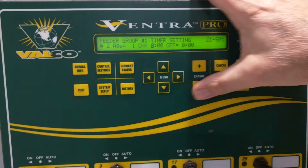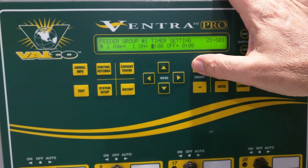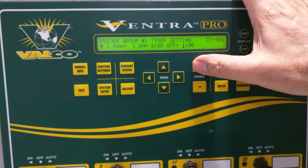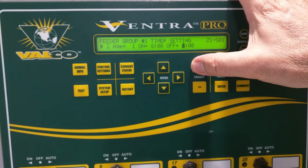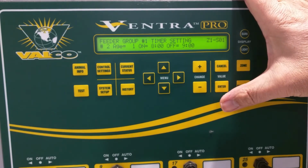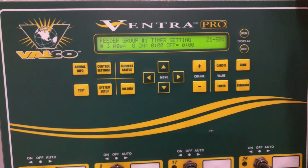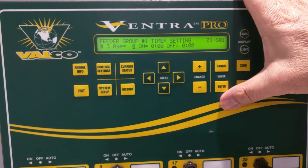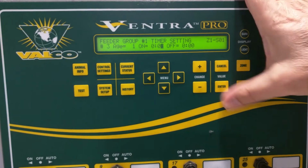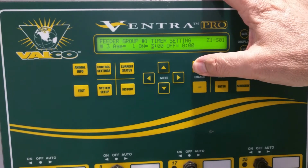We will choose this one then to be 8 o'clock to 9. So we're just doing a 2 hours off, 1 hour on for a run. And then each time we get a different slot in this, and up to 30 slots. And you could have a different run time for different ages as you wish. In this case, by just doing the day 1, we're doing it